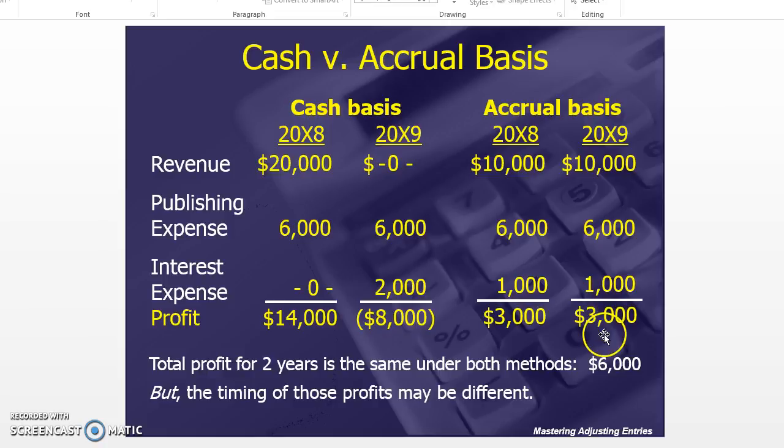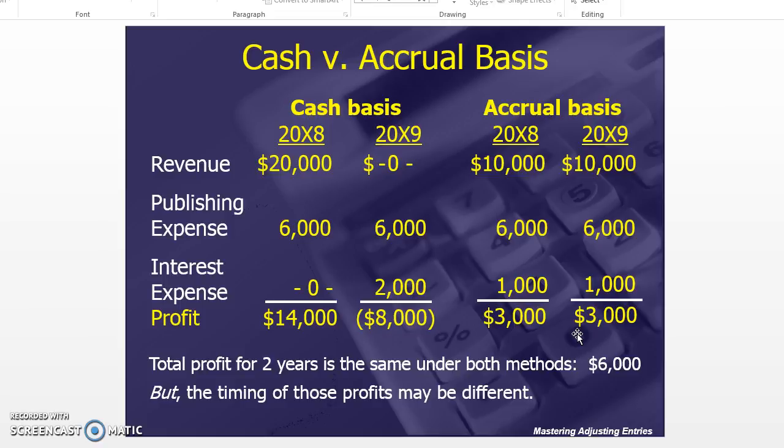Okay, it's important to note when you're comparing cash and accrual, eventually your results will be the same. So if you look here, you had a $14,000 profit in 2008 under the cash basis, and in 2009 under the cash basis you had an $8,000 loss. This nets to a $6,000 profit. If we come over here to our accrual basis, we see each year we had $3,000 in profit for a $6,000 total profit. So in total it's the same, but what's very important to note is that the timing of the